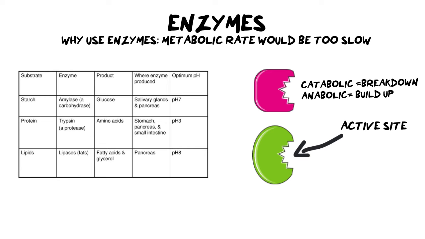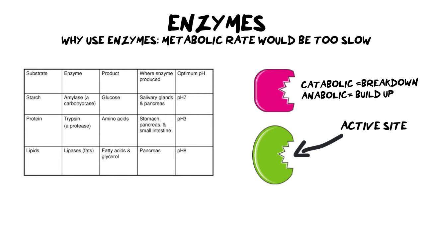Now, this is just a summary of some of the pHs that you may need to know. Depending on your school and your teacher, you might need to know even more than what is in this table, but these are the minimum. Now, you will notice if you look at the table that there are specific pHs that certain substances need to be in. So, for example, starch needs to be in a pH of 7. Protein needs to be in roughly a pH of 3, and lipids or fats need to be in a pH